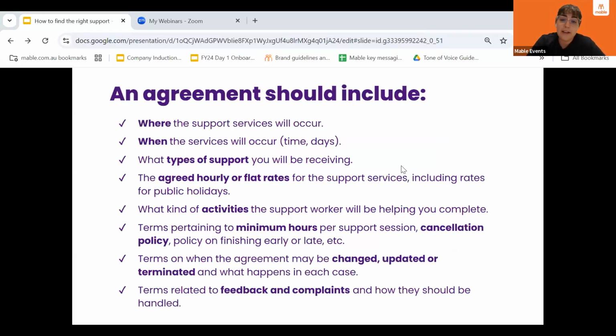An agreement should cover all the details of your support. And if there's anything particularly important to you that is not included in this list, you can request that it be covered in the agreement. So things like where the support services will occur, when they will occur, what types of support you'll be receiving,